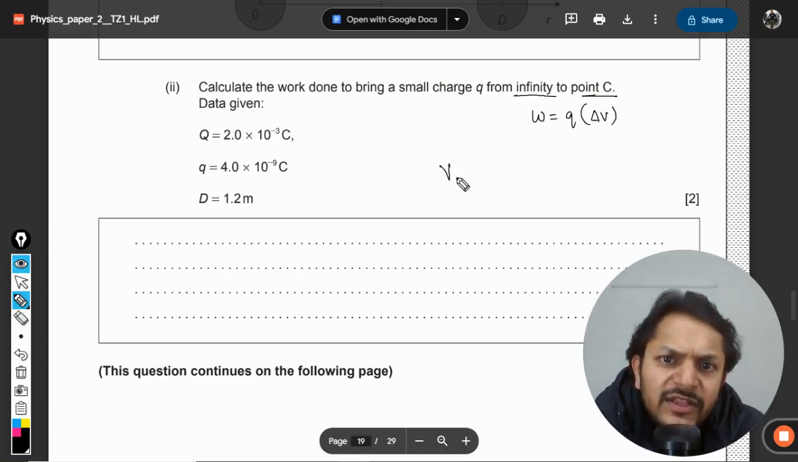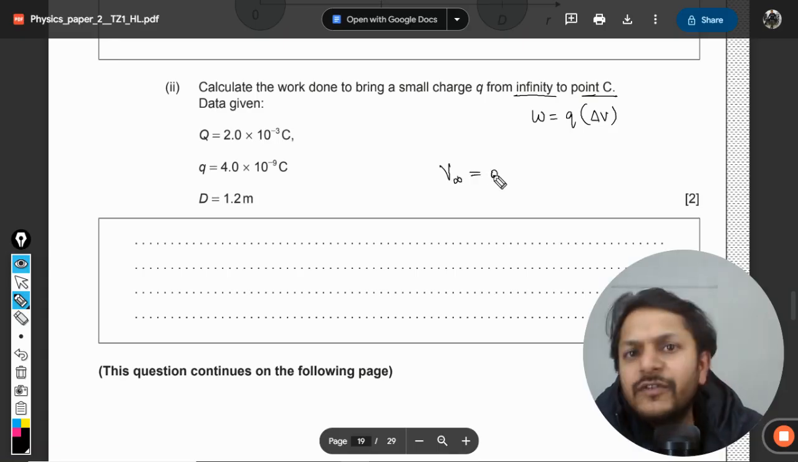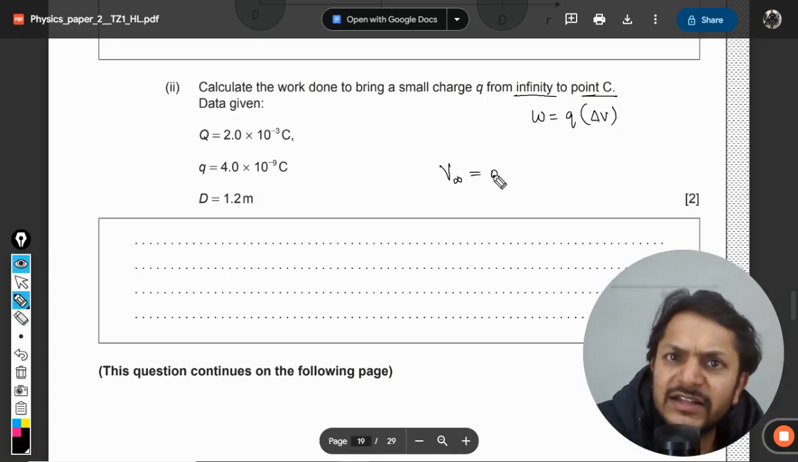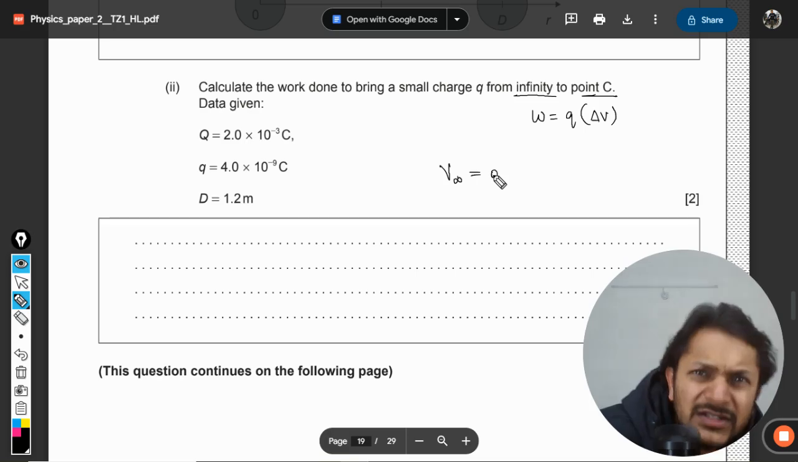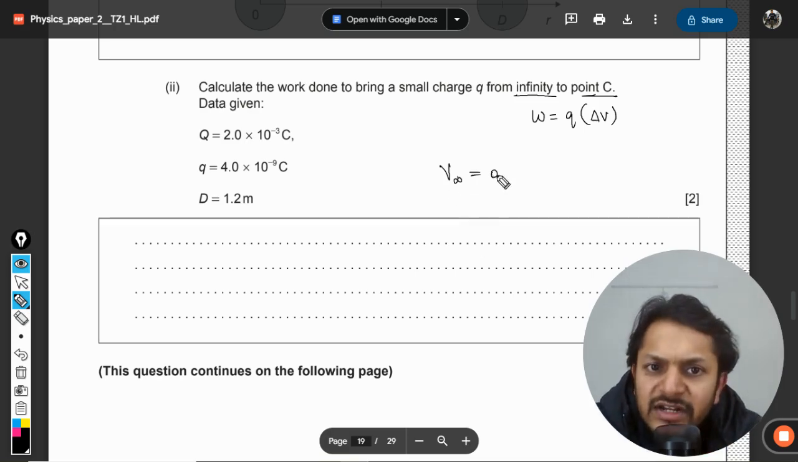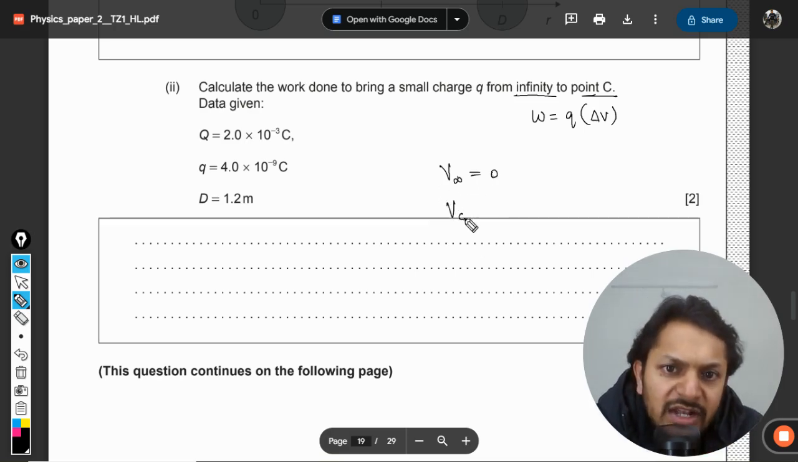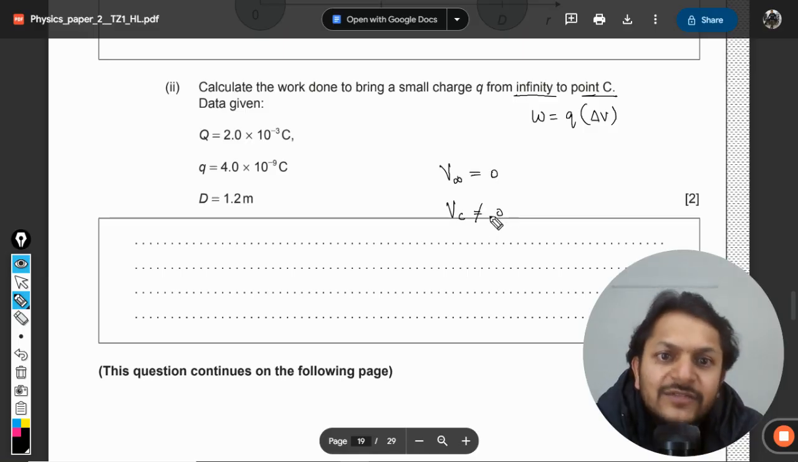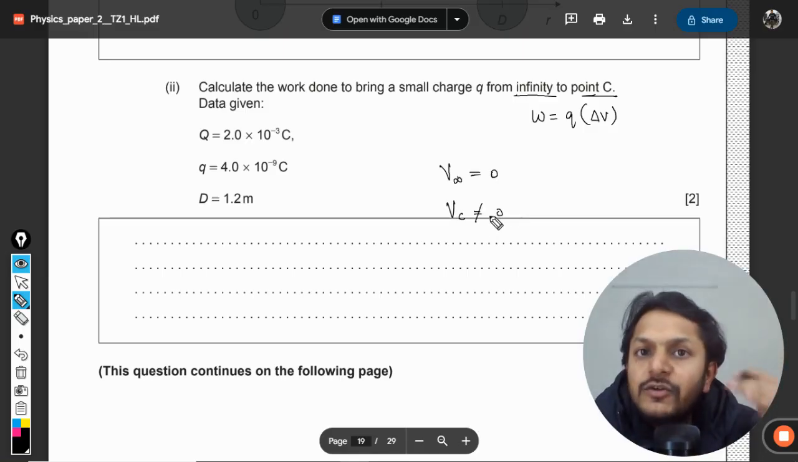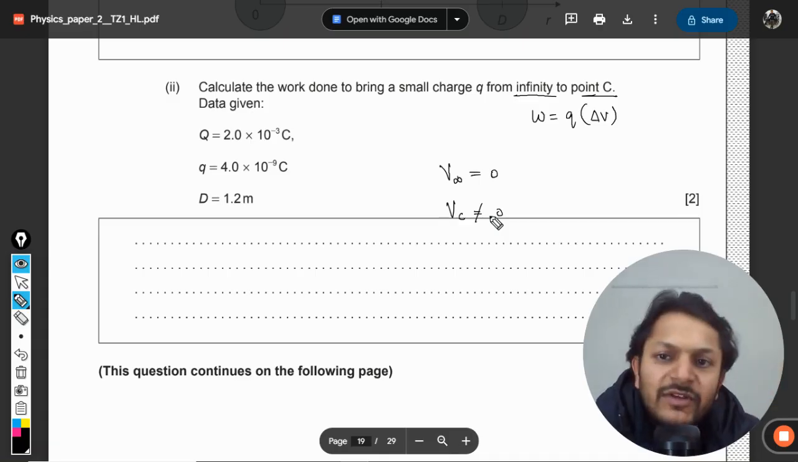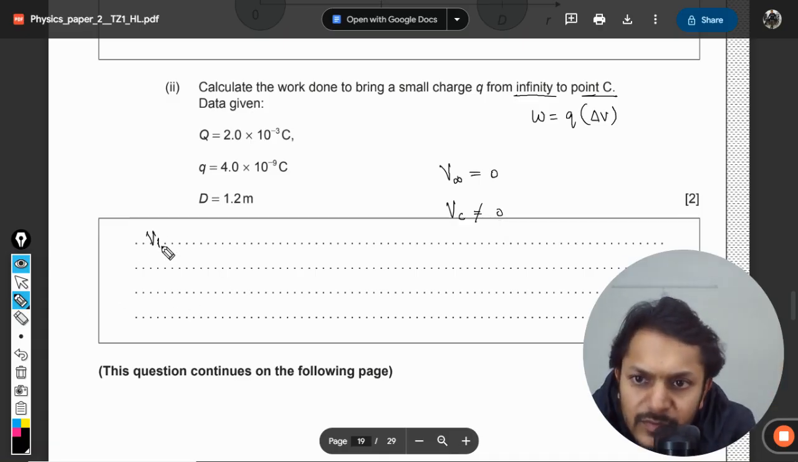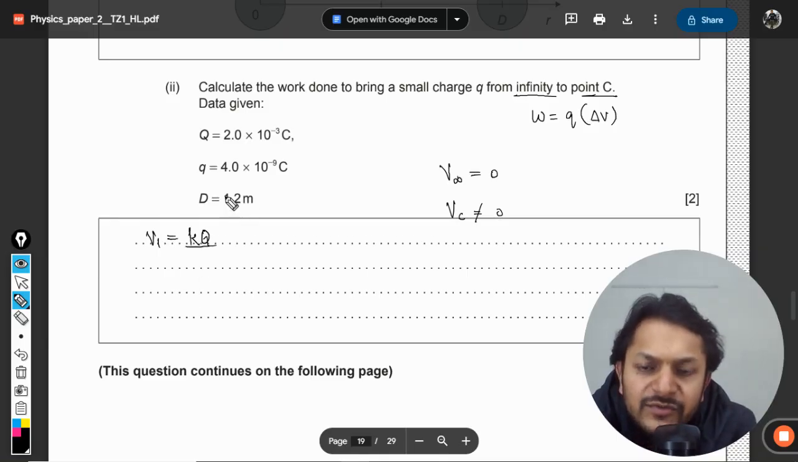Obviously the potential at infinity is always taken to be zero, whether there are two spheres or three spheres, it doesn't matter. So the potential at infinity is zero, but the potential at C is not zero, as we have already seen in our graph. So we will first find the value of V1, then we will find V2, and then we will add them. So V1 will be K Q divided by R, which will be half of this,